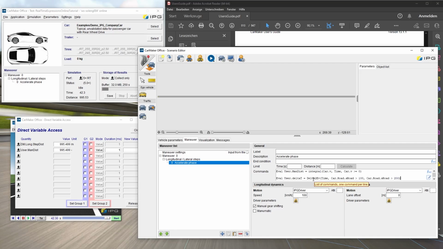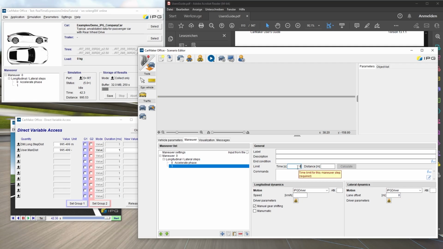The delta2ev function will measure the change of the first mentioned quantity between two measurement points, which are defined by conditions. In this case, I want to calculate the time between 100 and 200 meters of the s-coordinates of the road. I will print out the results to the session log with another mini maneuver with a duration of 0 seconds.